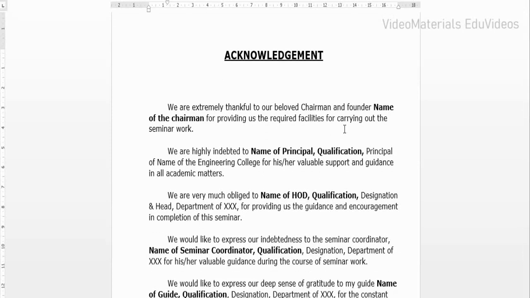Now when we look into the content, it is not aligned properly, and we have to make sure that the margins are placed correctly. Based on the requirements, we need to adjust the margins.